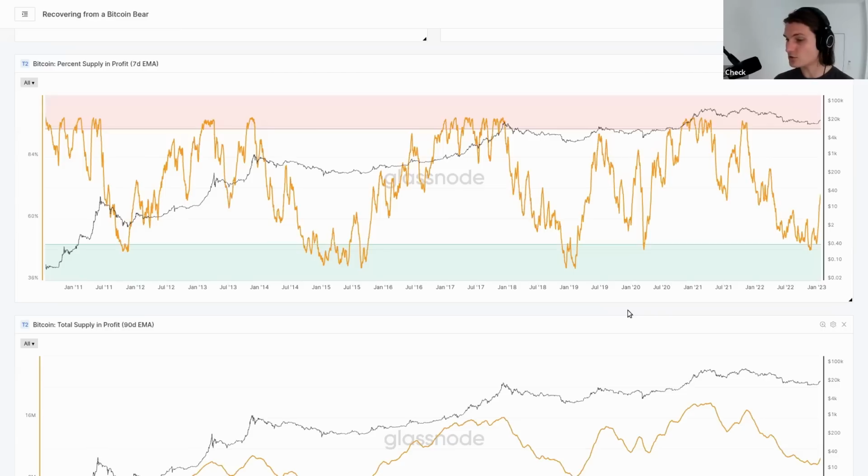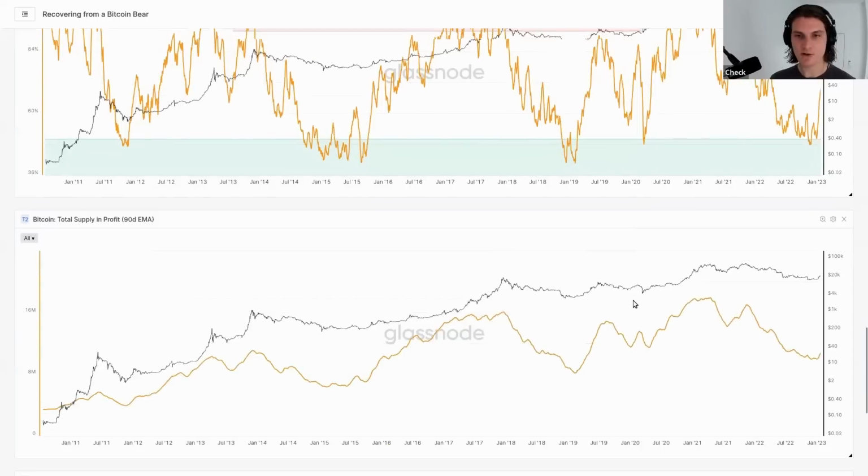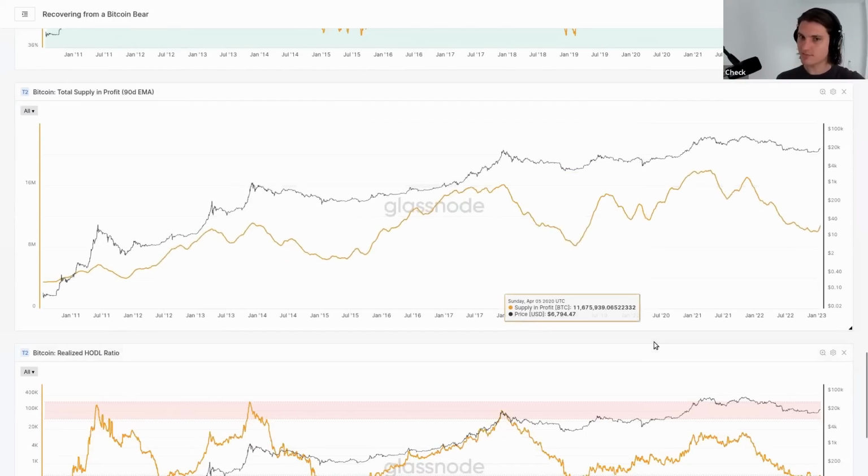It's generally psychologically easier to hold coins in the green than it is in the red, right? Particularly when it's after a prolonged bear market. So that's the initial opener for unrealized profit and loss. There's two concepts here that I want you to take away. During bear markets, you get that changing of hands. The ownership structure moves from those who came for the speculation and the fun and the memes, and it moves back towards those who do the research, the proof of work, the people who have the high conviction.